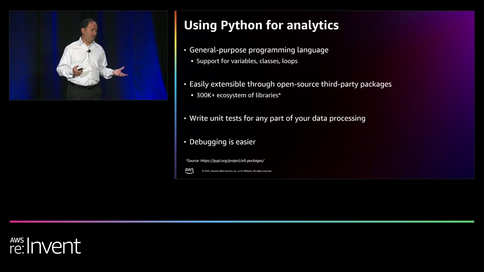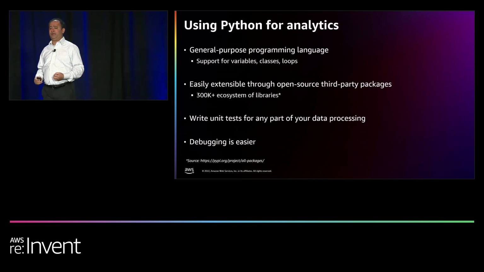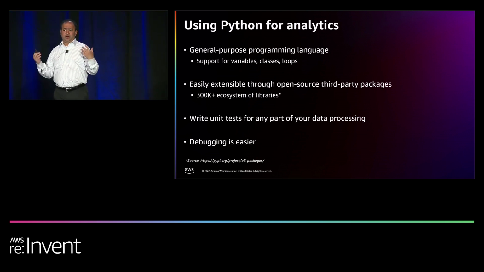If you look at PyPI, which is a repository of Python, it has more than 300,000 libraries. It just shows that the ecosystem is a lot more mature, a lot more vibrant. Now, Python itself allows you to write unit tests. So, you can test any part of your code, whether you are looking at query statements, mathematical functions, or machine learning models. Similarly, debugging is straightforward. You can run one line at a time, or multiple statements at a time. Versioning is easy because you split your code base into functions and classes. It is easy to see what has changed.